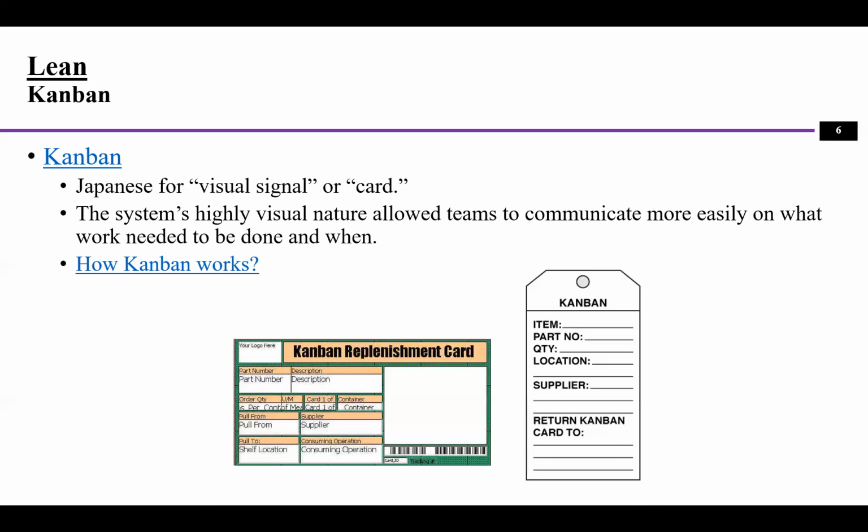So for example, you are storing about 10 parts at your process, and every time we see the 10 parts value reduced, say your 10 parts value today is reduced to 5. Now you know that, okay, today I need to make 5 parts to make up this difference, in order to reach this 10 parts level.